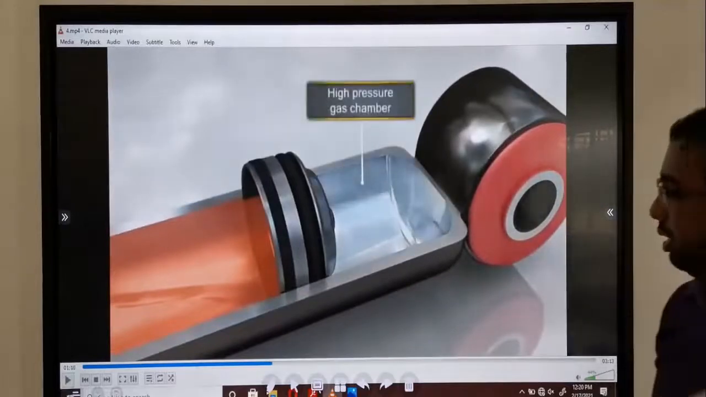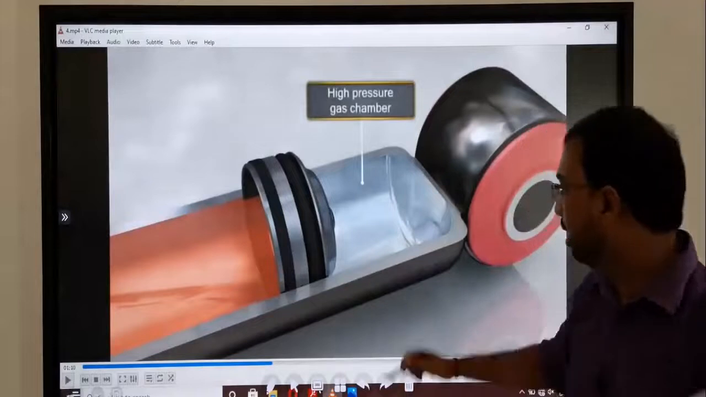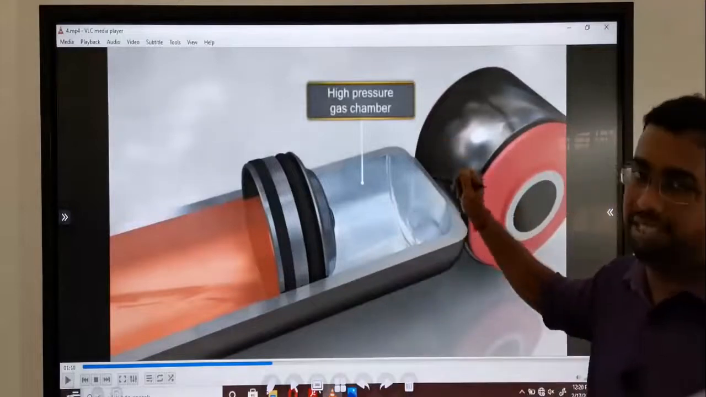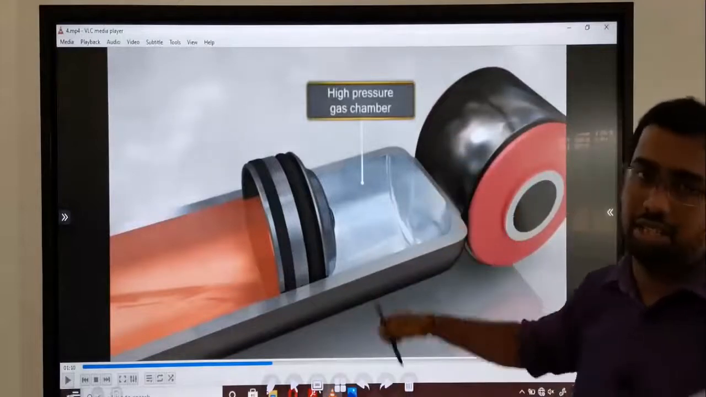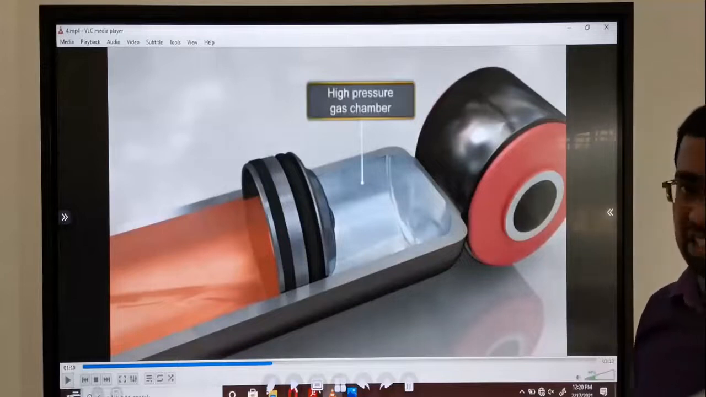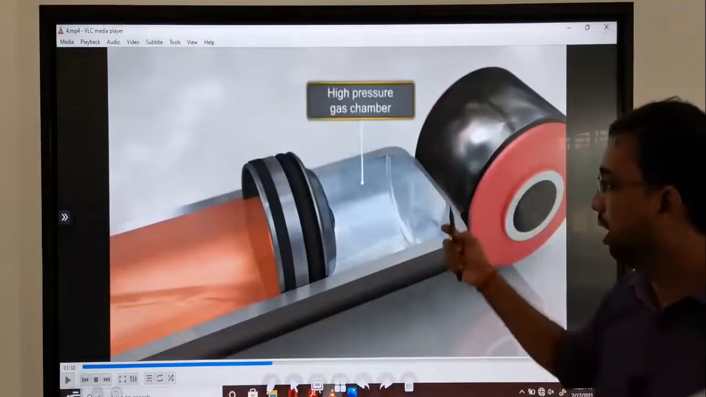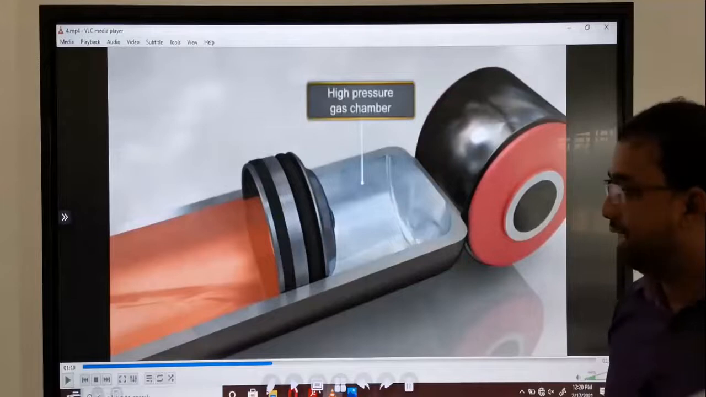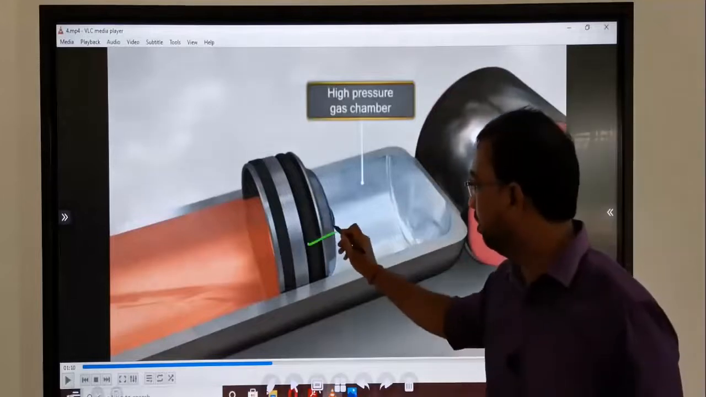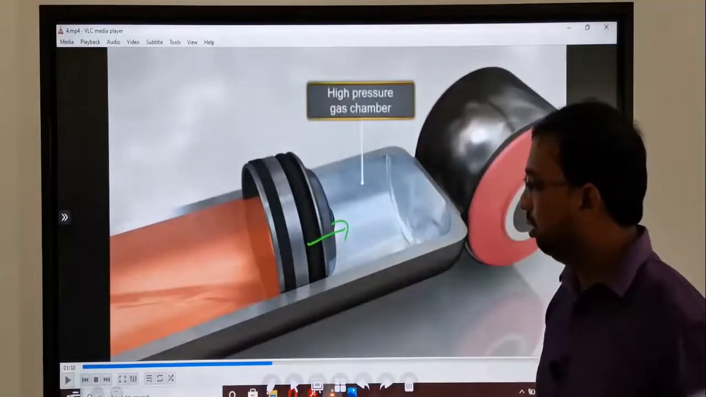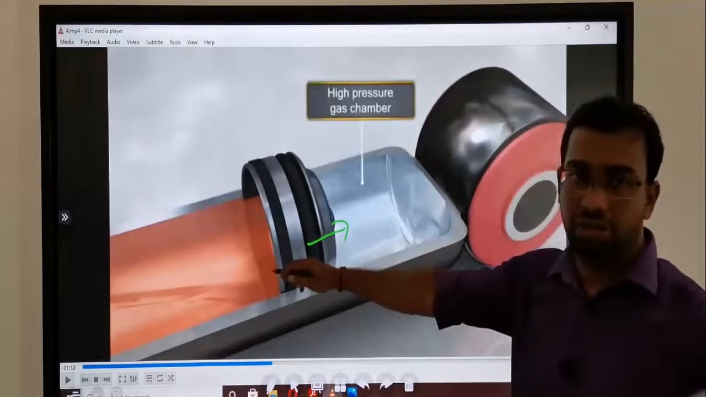So here you can see this side is filled with the oil. Here there is a high pressure gas chamber, used for the nitrogen gas, with the pressurized nitrogen gas. Okay, so now you can get an idea when this piston moves like this, with the assist of hydraulic pressure,